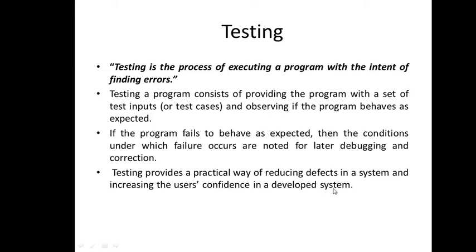So what does it mean? It means that you cannot say that complete testing is possible, or that testing will remove all the errors, or that 100% testing can be achieved. It is practically not possible. What we do is try to reduce the defects present in the system as far as possible within the given constraints, right? That means complete testing is not done. We only go for effective testing.